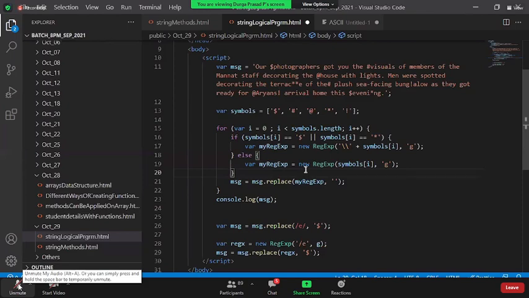So sir, why are you using dollar symbol and asterisk symbol separately in an if condition to remove it? Because in regular expression, asterisk and dollar have predefined meanings. When I say exclamation mark, for us it is just a symbol, for JavaScript also, and for regular expression also it is just a symbol.